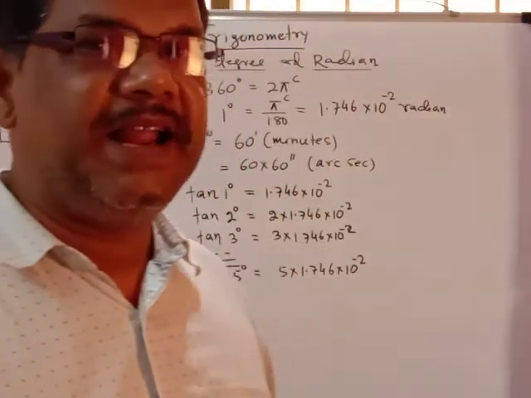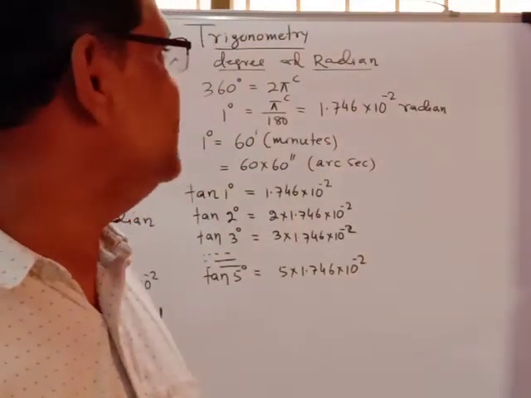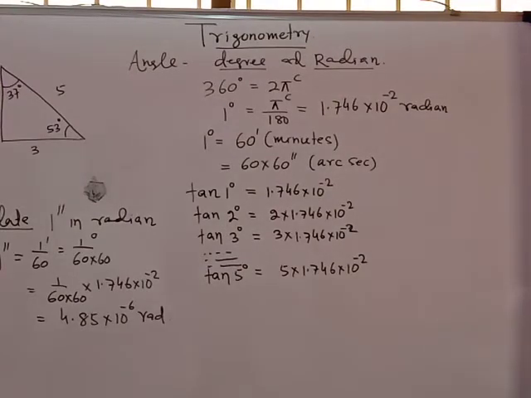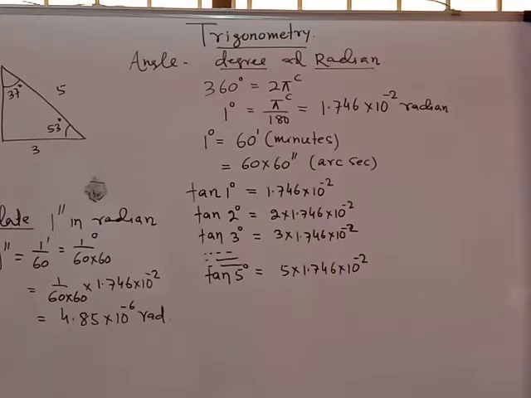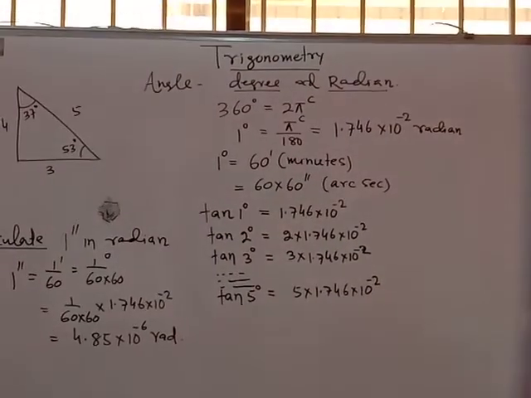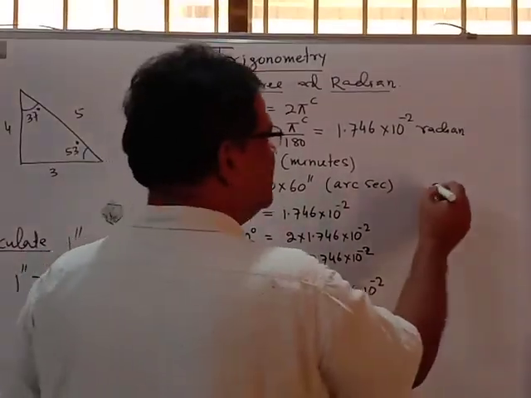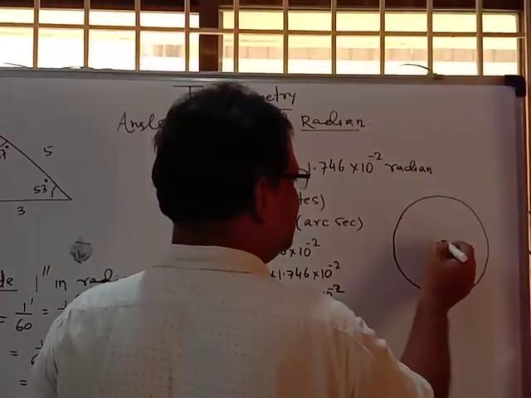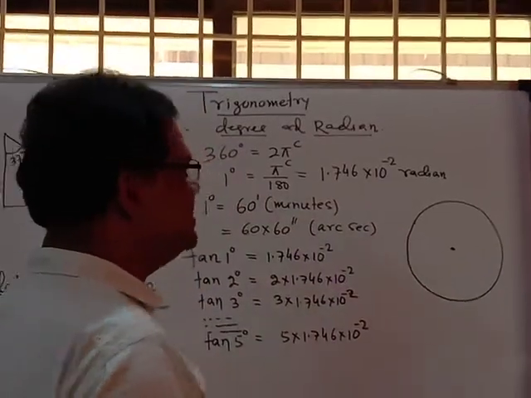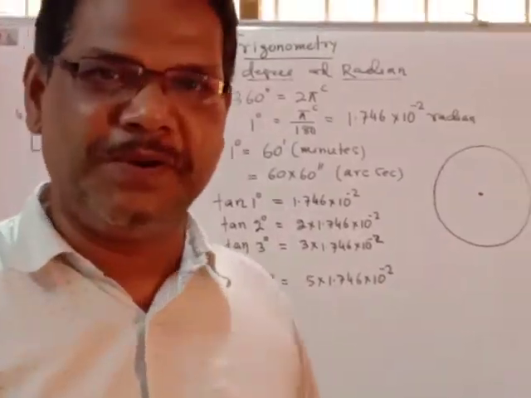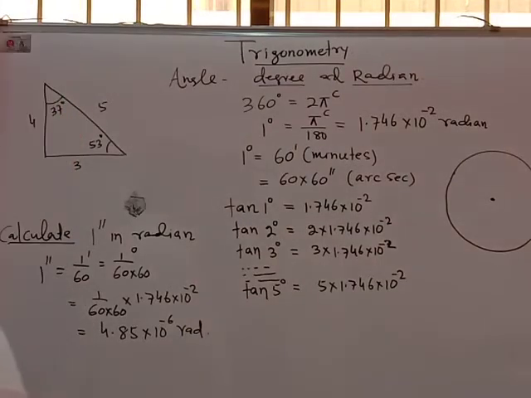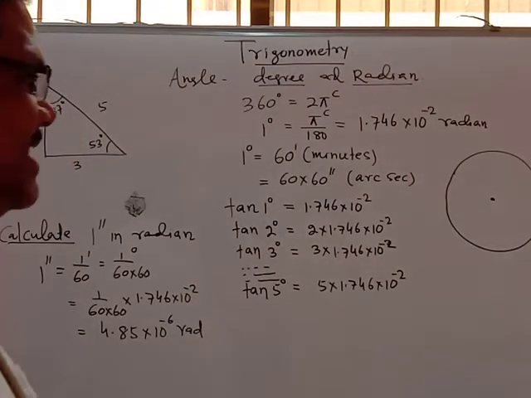But here I want to give you some ideas about the angle. What is the angle? Angles are measured in degrees and radians. Degrees and radians. And if you think about the circle, at the center of the circle, the angle which is formed is 360 degree. All of you know 360 degree and 2 pi radian. 2 pi radian. So what is that radian?